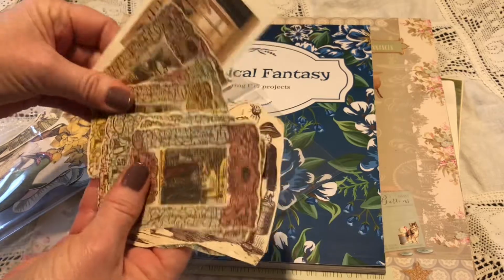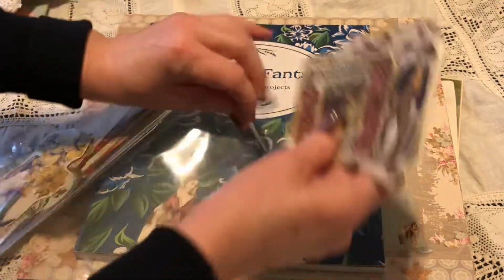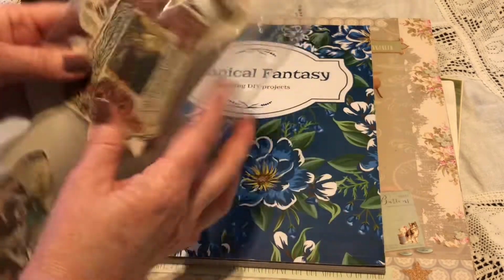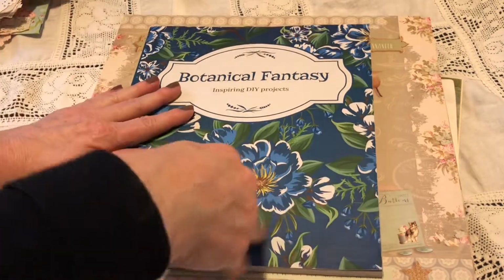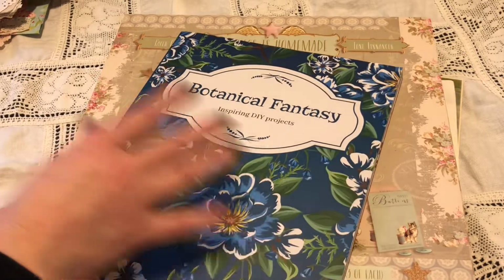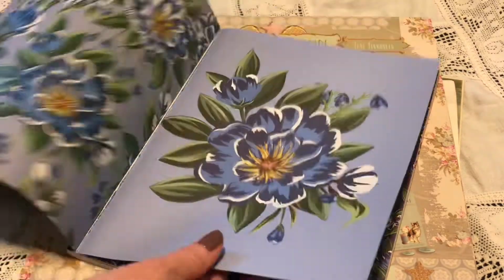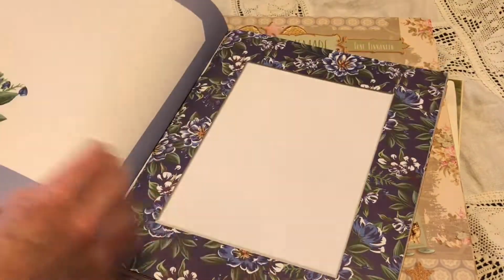Look, pretty. So much fun stuff, Karina. And this is a gorgeous book. Oh my gosh. Inspiring DIY projects. And I love the papers inside. And